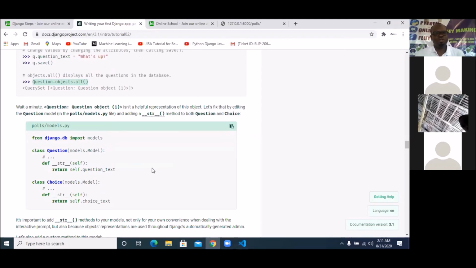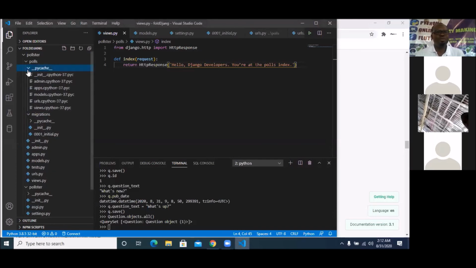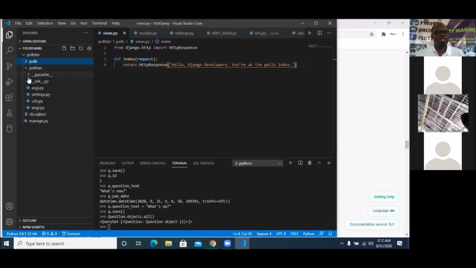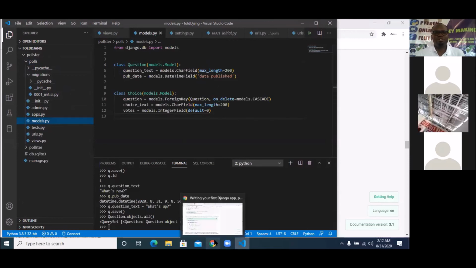Inside our post.model, we are supposed to define the strings. That's what we are going to do next. So inside your post.model, open your post.model. That means the model inside the post app. So if you get to your app, this is my post app. So when I open it, I'll see models. So these are the models I've created. So I'm going to convert this to string so that it can communicate with other data in the shell and everything. So that's what we're going to try to do now.